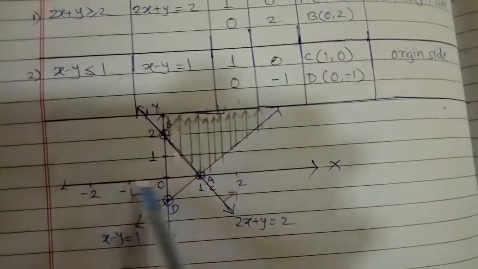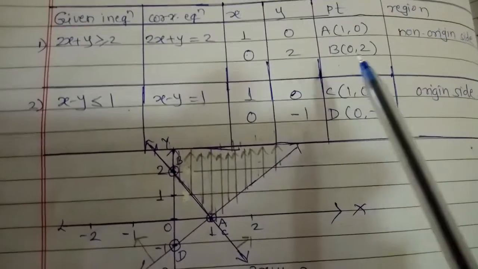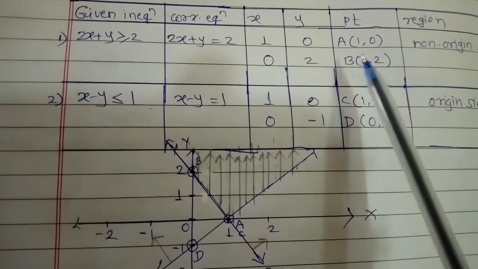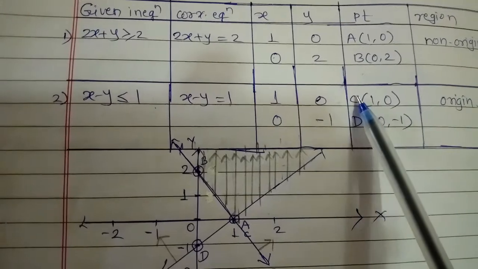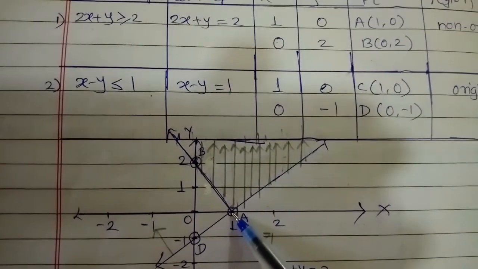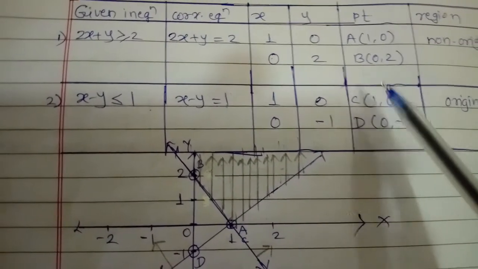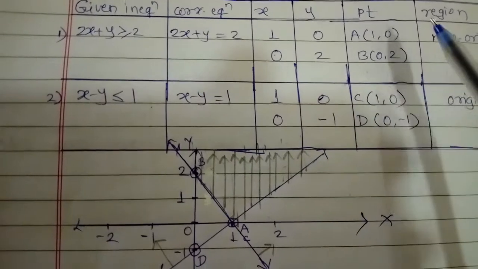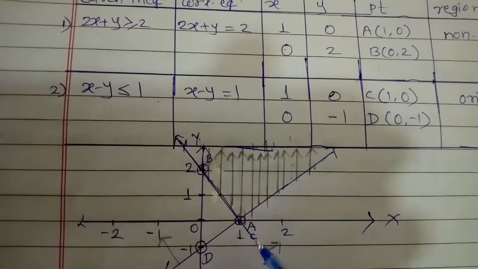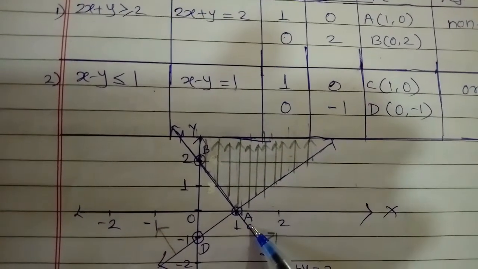So first we draw the x-axis and y-axis. Here is the x-axis and y-axis. We have to plot the points. First we plot point A, after that B, and we join this line AB. Then we plot C, and then we join the line CD. So first see A. A has coordinates (1, 0), and C also has coordinates (1, 0). So both the points are at the same location. A is here and C is also here. So (1, 0) is the location of both the points A and C.